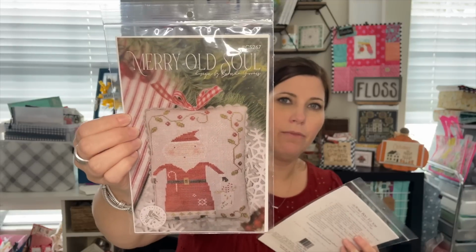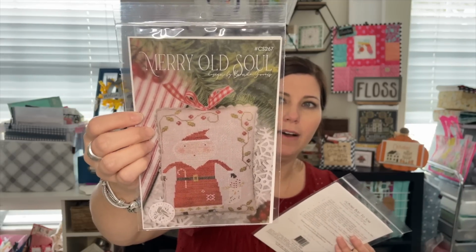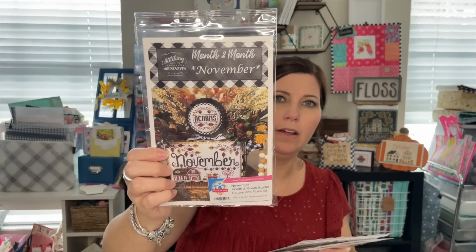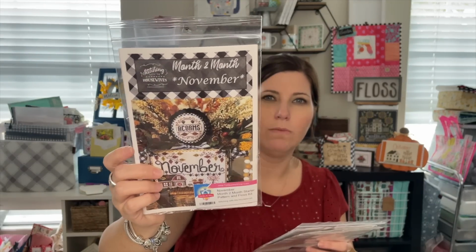And then this one, Merry Old Soul, and I'm going to try to stitch this year, but I don't know with the other stuff I want to do too, if I'll have time, but we'll see. So I really like those. And then I am not in the month-to-month club with Fat Quarter Shop, but they had an extra, and I'm kind of liking these, so I wanted to get this, and I just went ahead and got the floss, and we'll see what